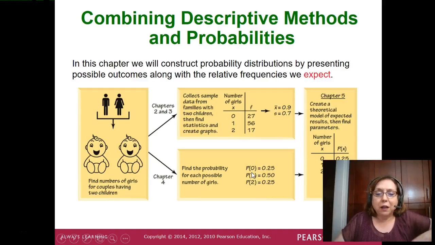No girls meant all boys. So if you had 2 children, it means you had one way of finding no girls, meaning a boy first and then a boy second. 25% chance, 1 out of 4. And then finally, chapter 5, what we'll be doing here is creating a model of expected results, similar to what we did in chapter